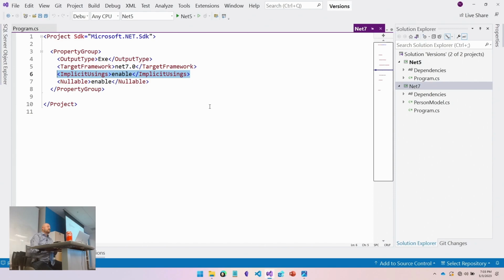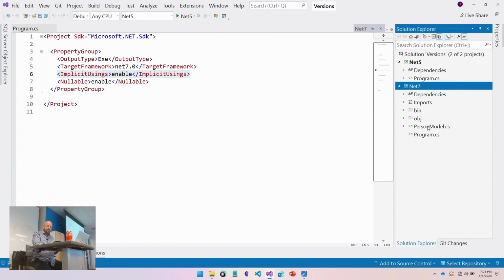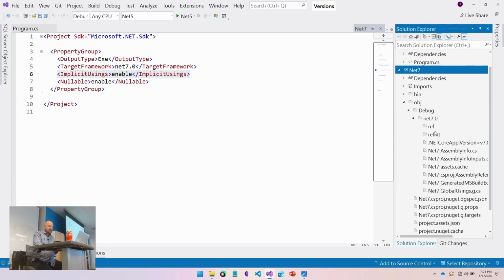What that means is there's some hidden usings that are applied to every single file in the entire project. Again, a little bit of magic. But there is a way to find this, and you're going to love it. So if you show all files, and then you go to the OBJ folder, and then you go to debug, and then you go to Net 7, and then in here, you'll look for Net 7, well, Net 7 is the name of my project,